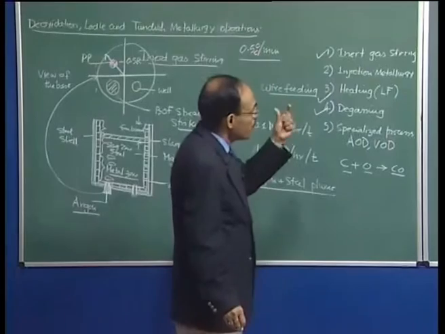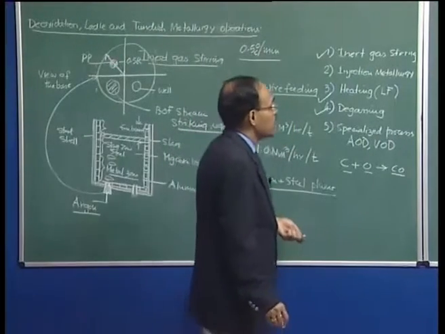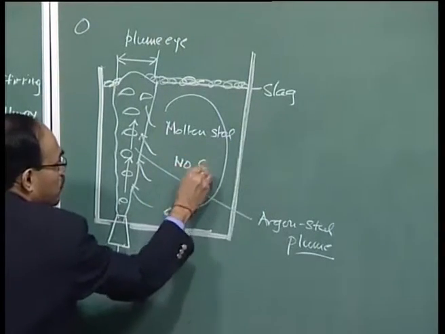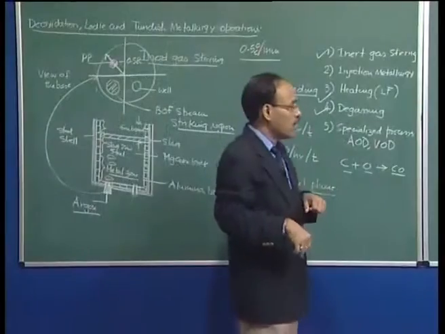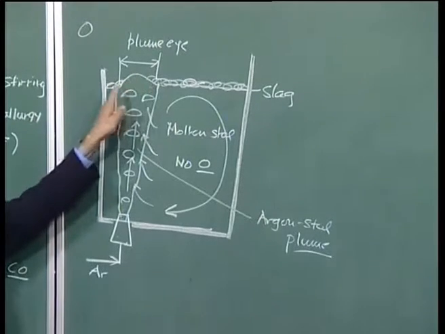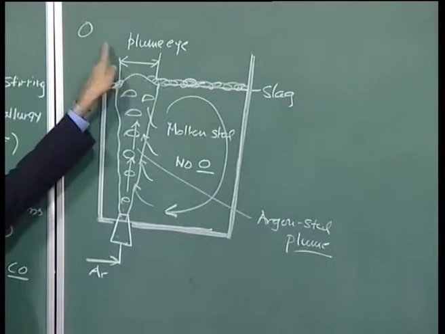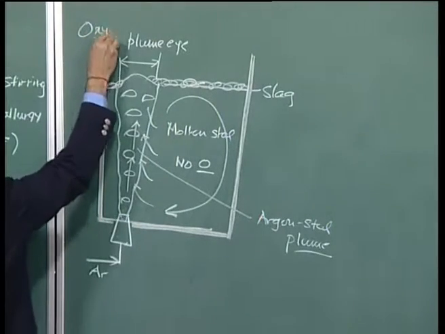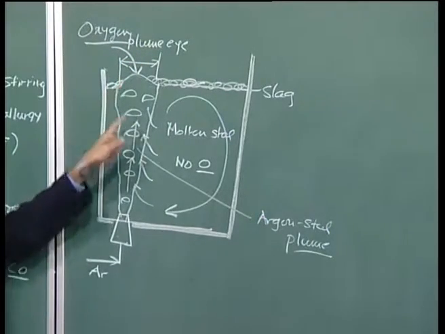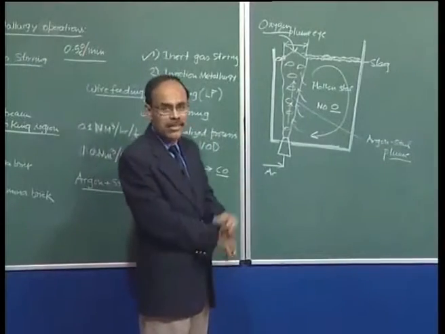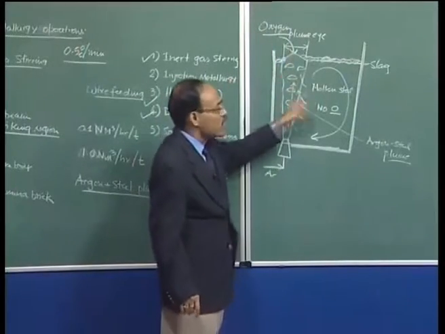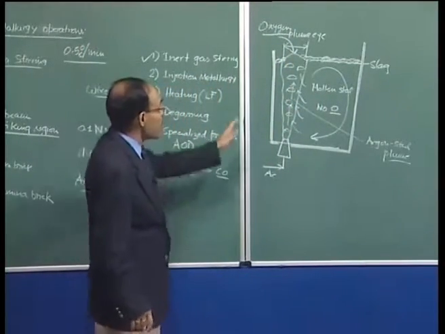Now you see, there is a very interesting aspect of the argon stirring operation: we have oxygen here, and this metal contains no dissolved oxygen. We have taken away all the oxygen by the addition of deoxidizer elements. Now as the slag eye is being created, what happens here? We have molten metal which comes in direct contact with atmospheric oxygen. As a result, oxygen gets dissolved, because oxygen has extreme solubility in molten steel, a great affinity with iron, and at this high temperature a lot of oxygen passes into the molten steel.